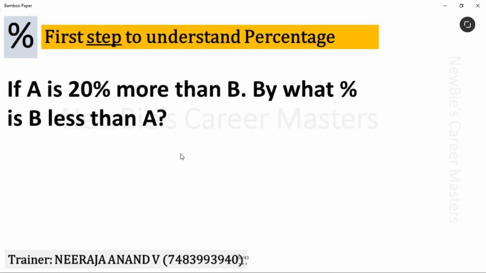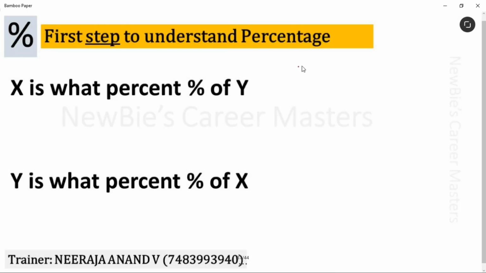Okay, let's start from the basics now. Okay, newbies, let's take X value as 5 and Y value as 4. First, let's solve this. X is what percent of Y? They're asking 5 is what percent of 4. In the place of what percent, I'm taking x. That's it. Okay. Let's take x percent one side. We get 5 by 4. To convert this to a percentage, just multiply this with 100. We get 125%. What is the meaning of this? 5 is 125% of 4.